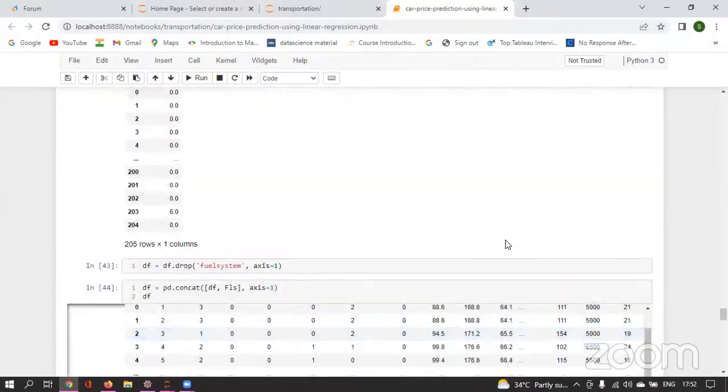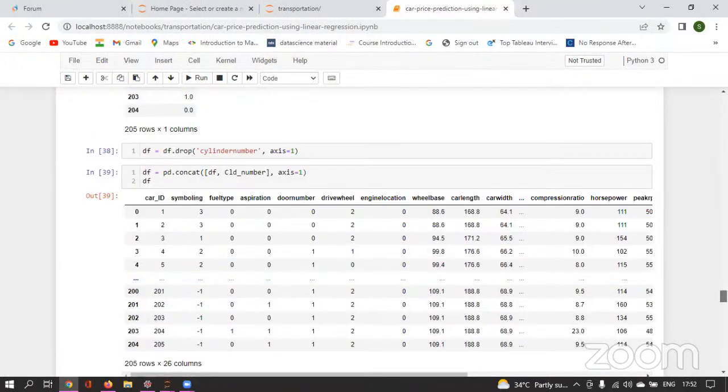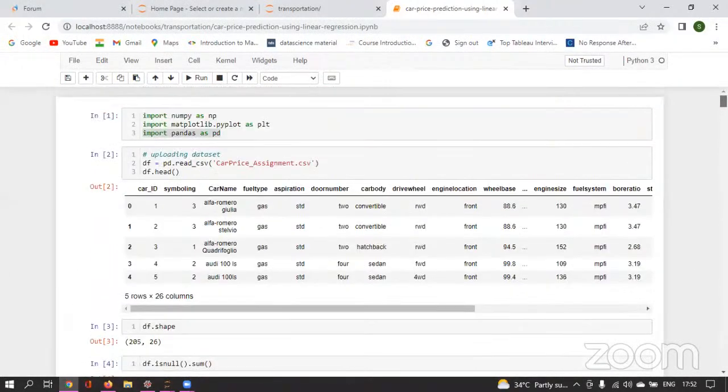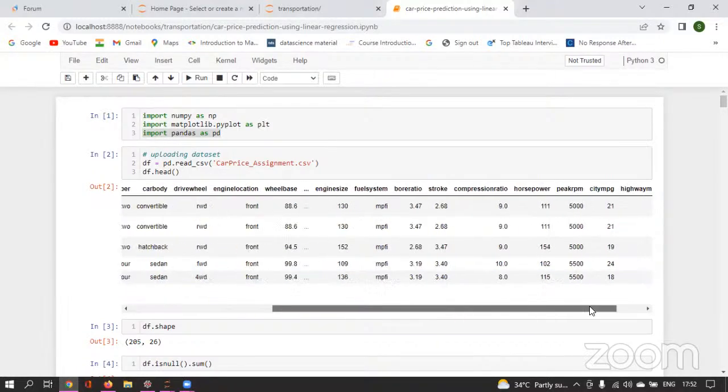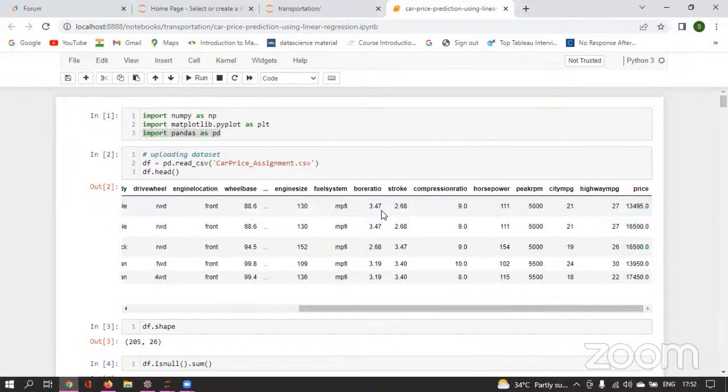So these are the modifications you can do to improve this particular model. Since it is just a presentation, I have come up with only the base model. There are many improvements you can do on this data. If you want, you can go to Kaggle, download the data, and open it. So this is all about linear regression.